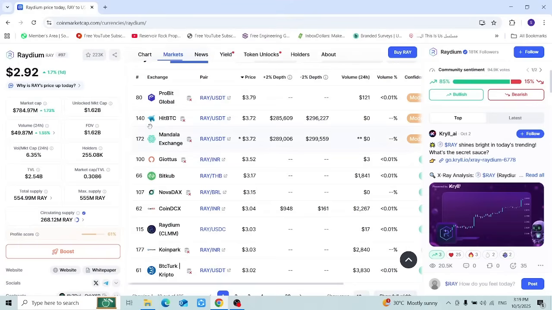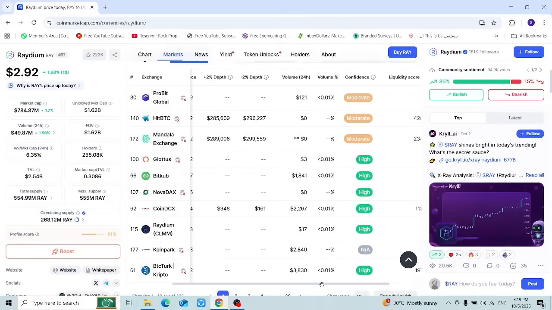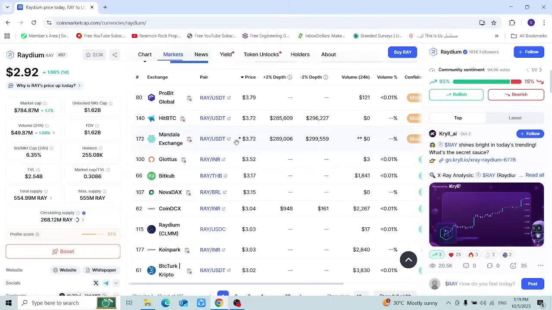So basically I'm going to ignore all markets which have an asterisk next to the price, because this means that this price may be like a scam, maybe inaccurate, or maybe this currency is not even available on this market. So this is a warning from CoinMarketCap that this cost or this transaction may not be legit or may not be valid. So I'm going to record this price, which is 3.79, on an online calculator,